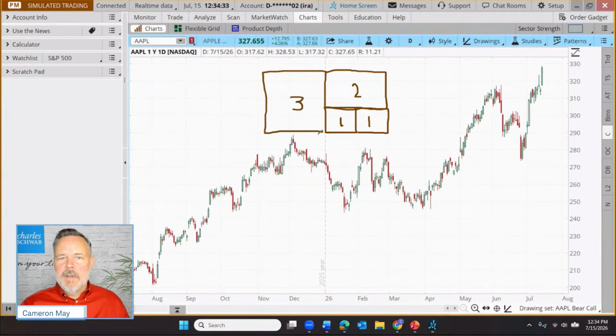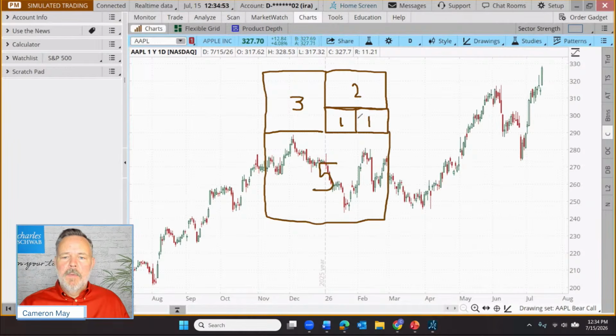And it's not always inches. It could be any unit of measure. It could be a tick on a price chart. It could be a centimeter. It could be a foot. But in any case, we just work through that Fibonacci sequence, drawing a series of boxes.